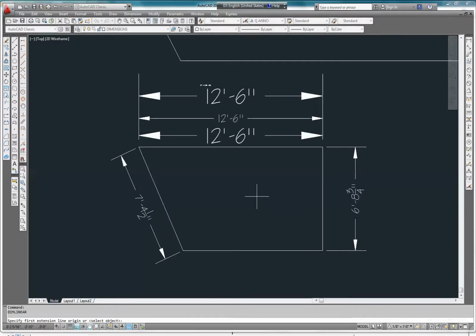So that should get you up and running with your dimensions. If you're having trouble understanding the scales, watch my video on scales,